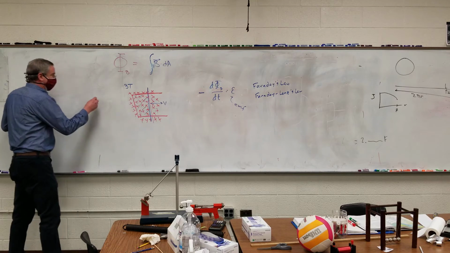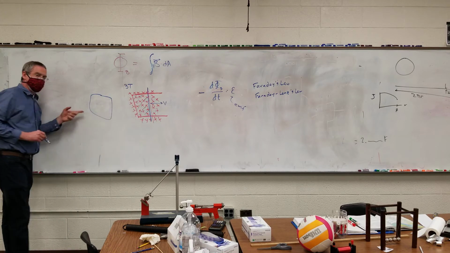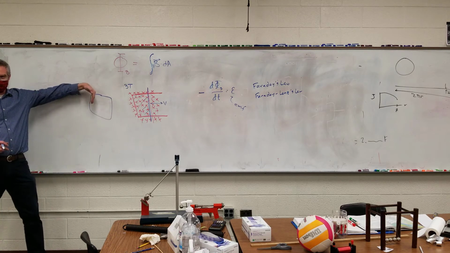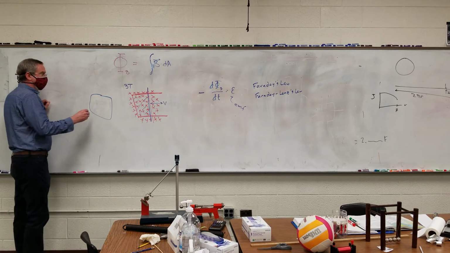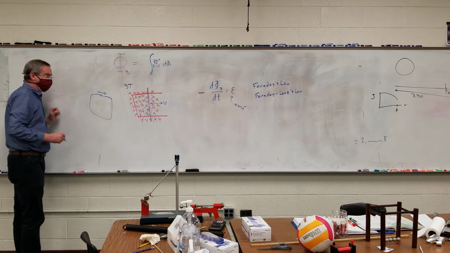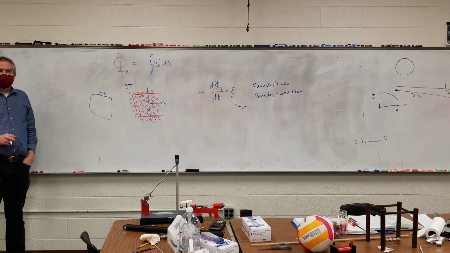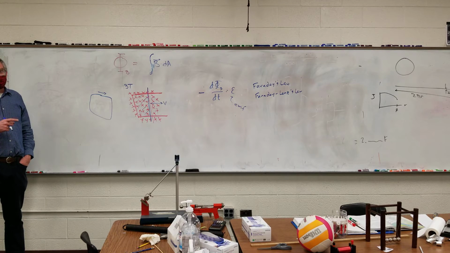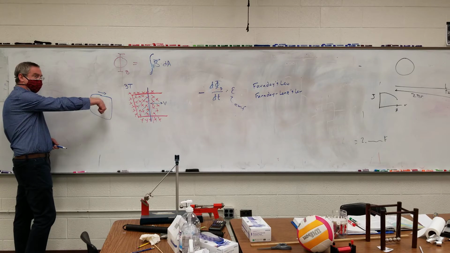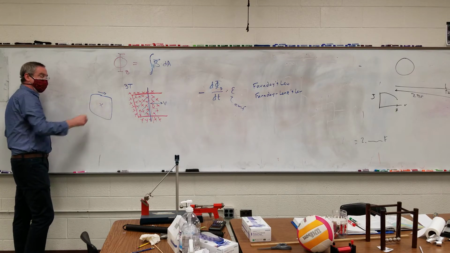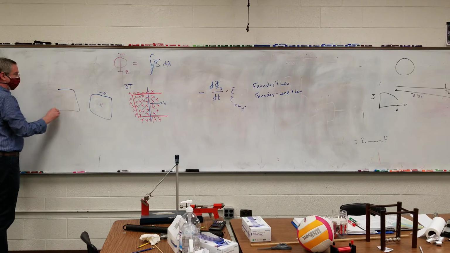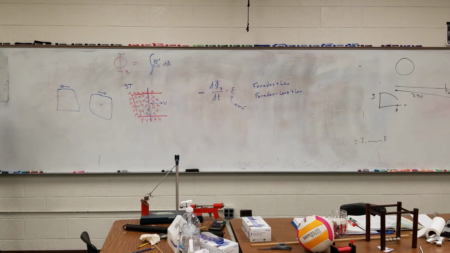So if I have a wire right here with a current flowing through it, if my current flows this way, which way is the magnetic field in the center? Right hand rule, current's flowing around like that, so my magnetic field is going into the board. If my current is flowing the other direction,